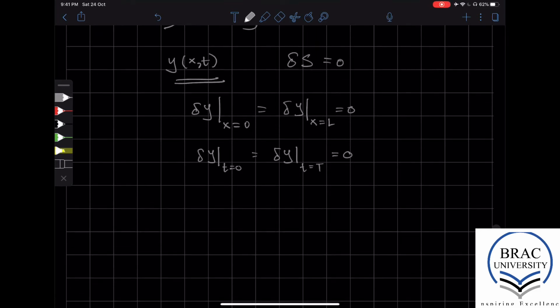So these are the boundary conditions. And then we have to consider the variation of the action. The variation of the action means that it's going to be an integral over x and t, so we can write that as d squared x. And then the variation of the Lagrangian will be with respect to its